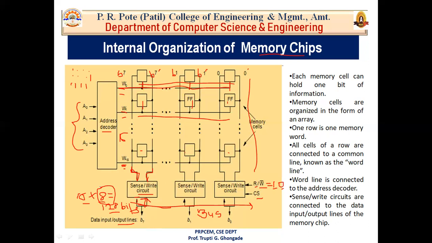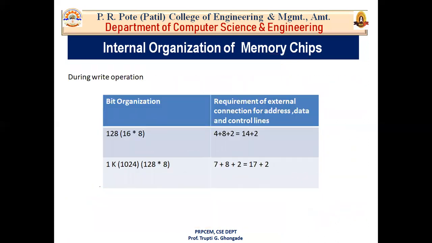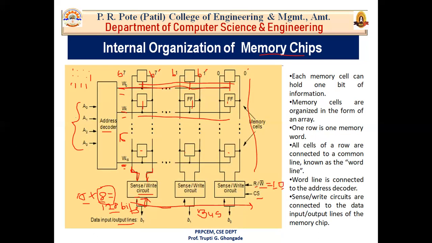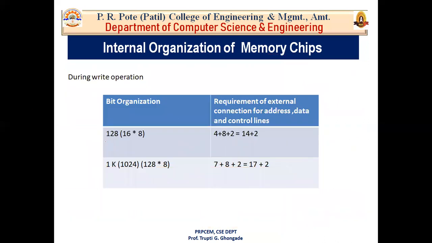Okay, so how many control, data and address lines do we require in order to denote 16? How many address lines do we require? 1, 2, 3, 4. Okay, we require 4 address lines, as I have mentioned here. Now here we have said each word line consists of 8 bits of data. For 128 bits, we have 16 word lines, and each word line is of length 8. So how many address lines do we need? We require 4 address lines.